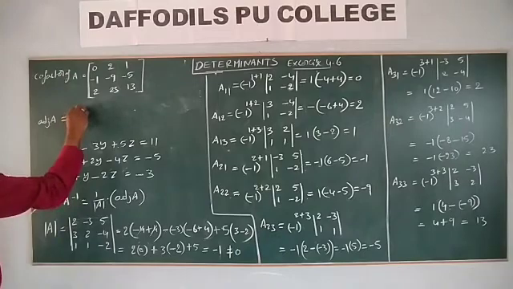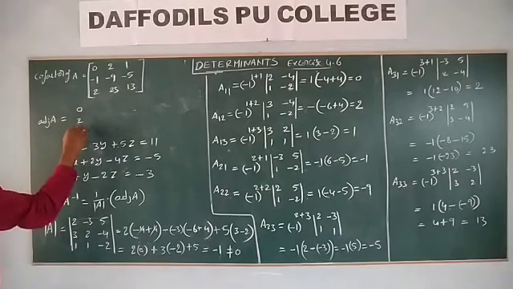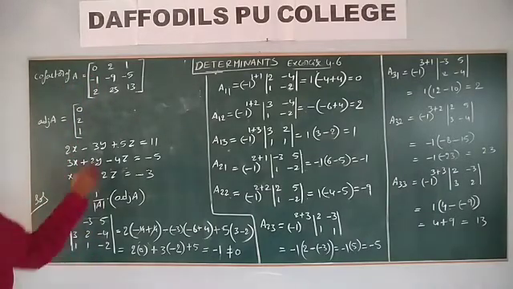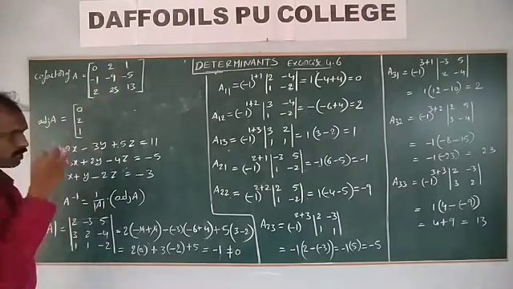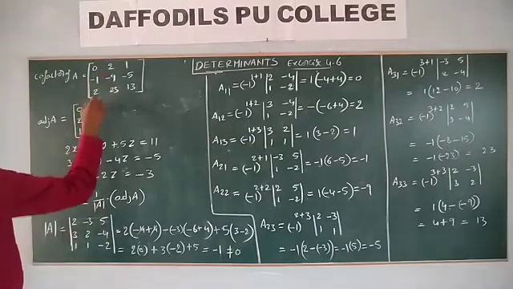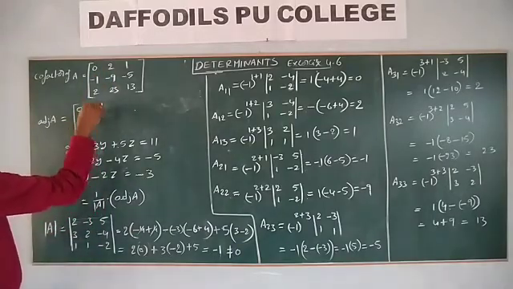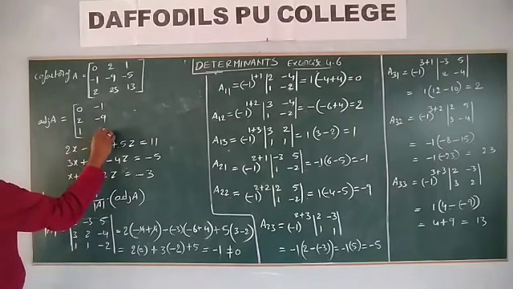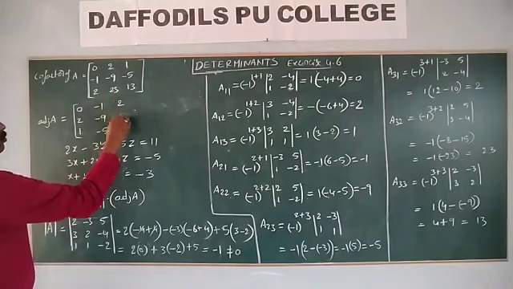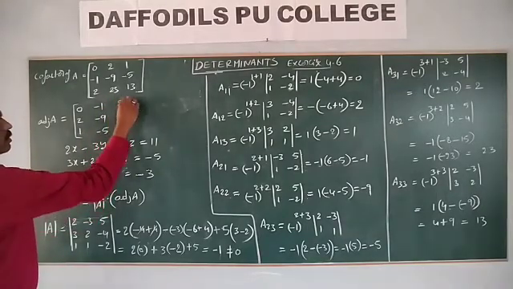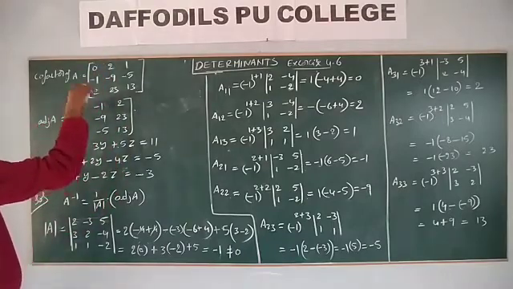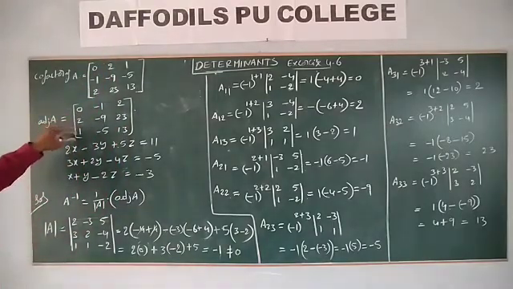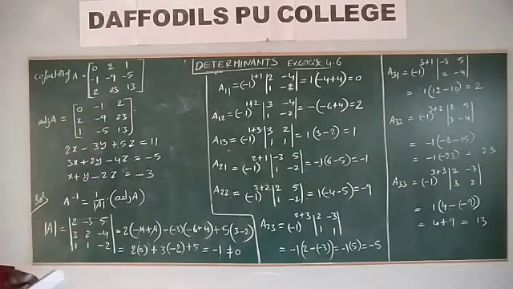Transpose of this one means 0 to 1. Compulsory, don't forget this one. Adjoint transpose. Forget means direct take means answer will get wrong. 0 to 1. Minus 1. Minus 9. Minus 5. 2. 23. 13. So transpose, change this rows and columns. 0 to 1, minus 1, minus 9, minus 5, 2, 23, 13. Right. So this is adjoint.